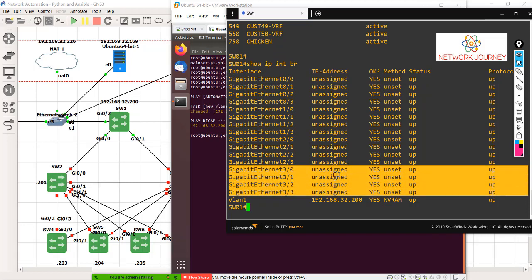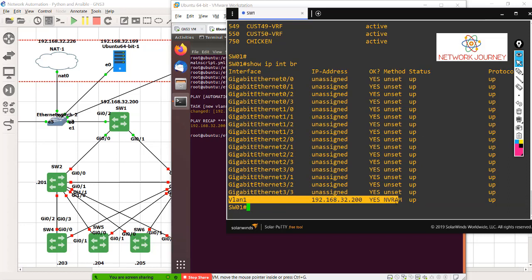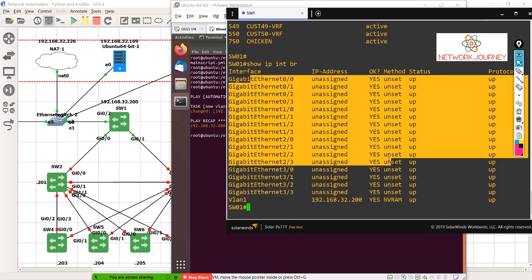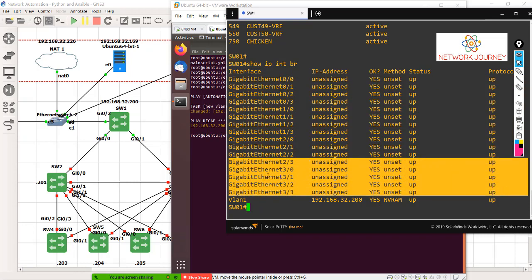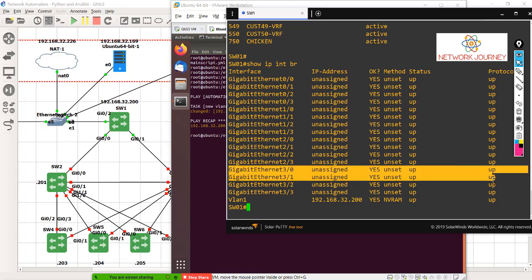Okay. Because they are free, and just make sure you don't kick yourself out, because if you make any changes on this, you will be kicked out from that box. So make use of any interface which will not cause any issues. So let's take this, because maybe they are not used at all.